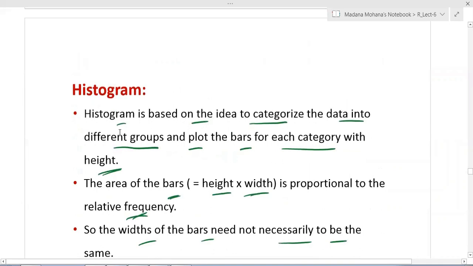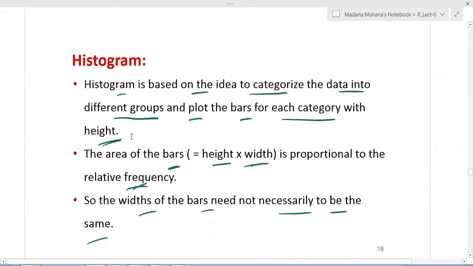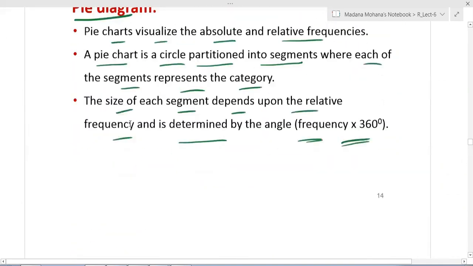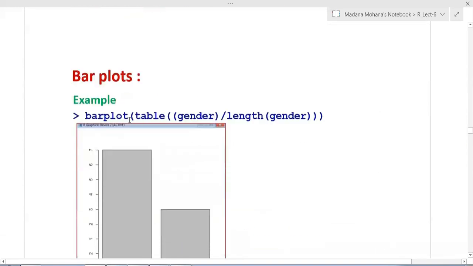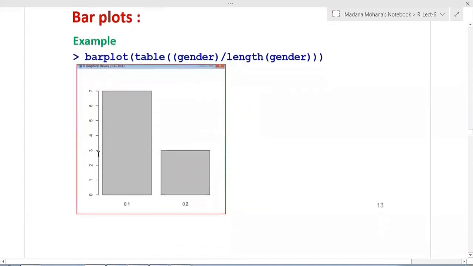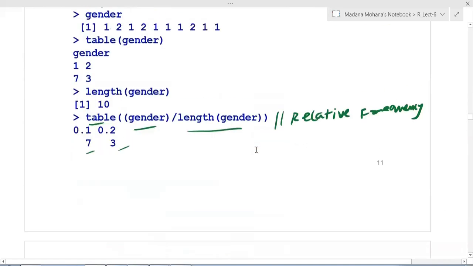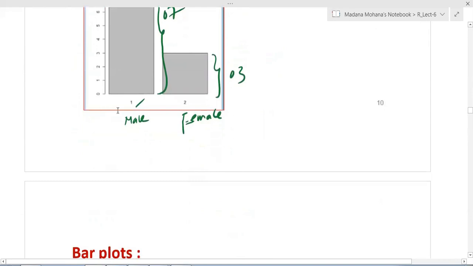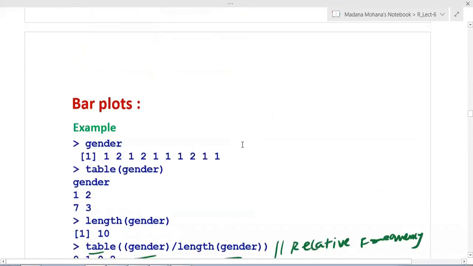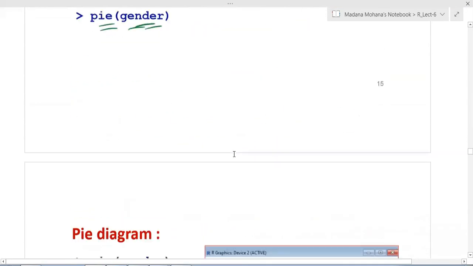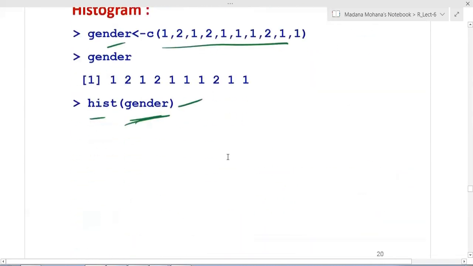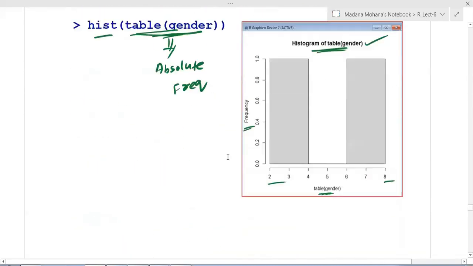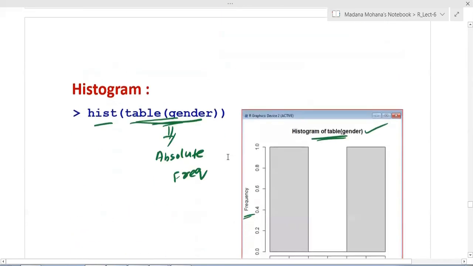So histogram is somewhat similar to bar plots. But here you can see the difference between bar plot and histogram. For every category, one bar is created with different heights. Here you can see one after another, all are separate bars. Whereas a histogram is continuous plots on the x-axis with different heights.